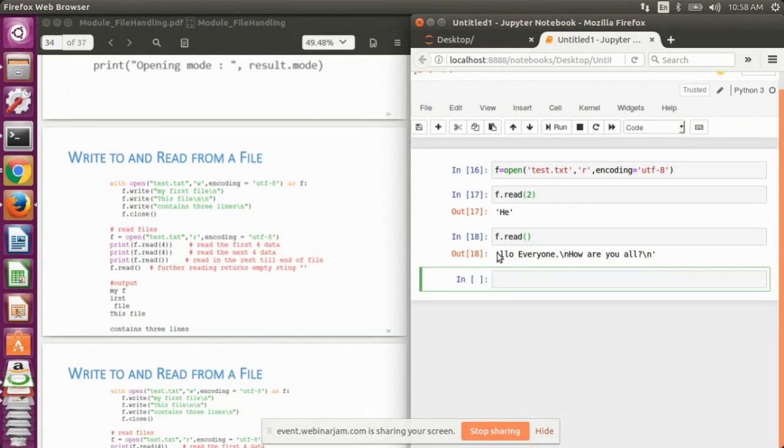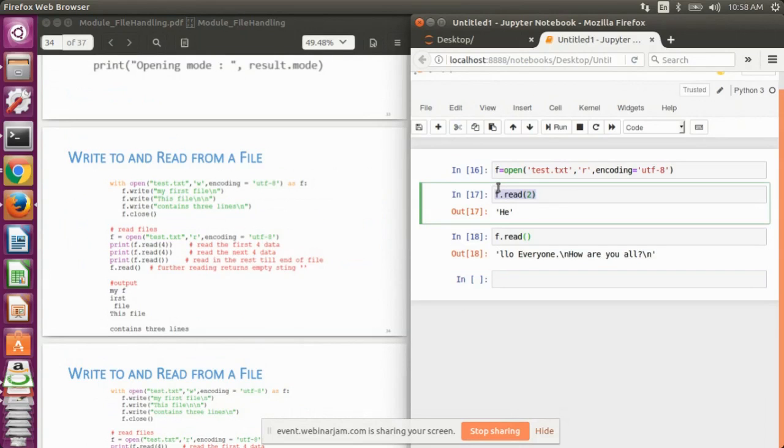Basically, whenever we read the text from the file, we use a cursor for reading the text from the file. So when we execute the first statement, f.read with 2 in the brackets, we first read the two characters, and the cursor moved two characters ahead.